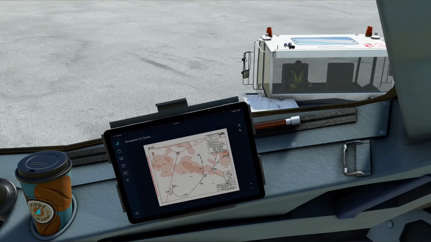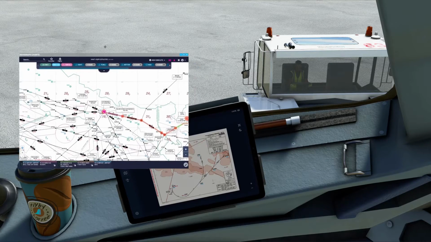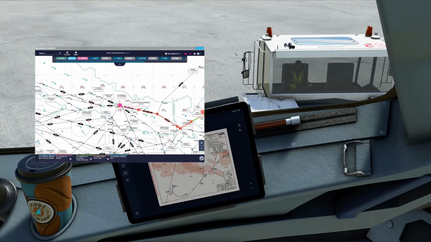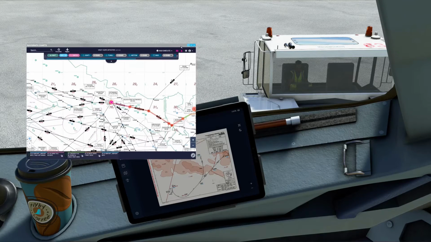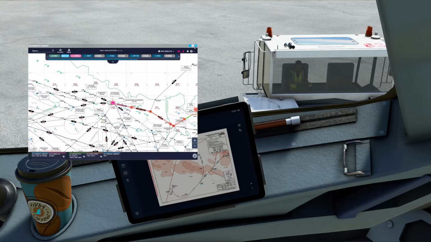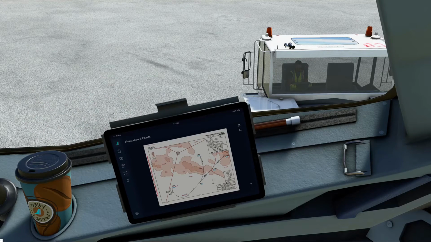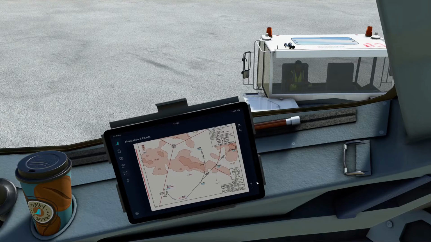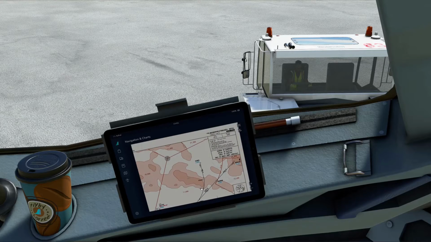So this is no different. Where has it gone? There we go. So it's your choice really. Either you can use this one, or you can use one on the flypad. Obviously the one on the flypad is much more immersive as opposed to using the Navigraph charts menu panel here. Okay, right, so I'll keep that one to the side just in case. Alright, so that's really cool. Really pleased about this update here, and you can move it about with your mouse there.